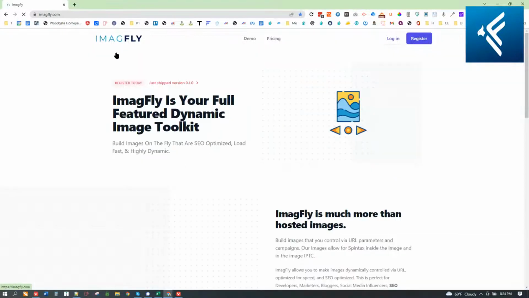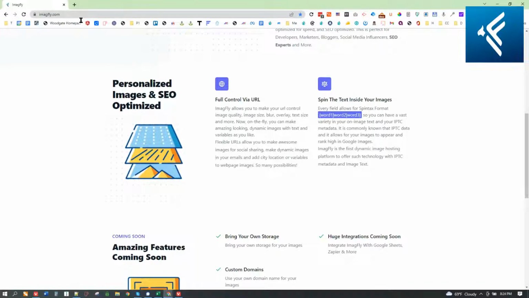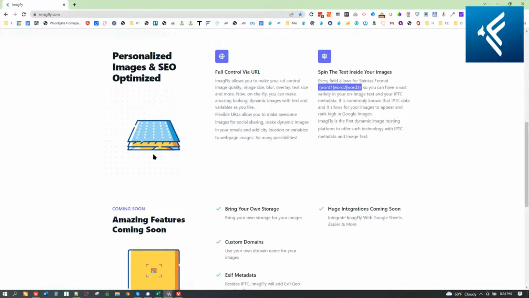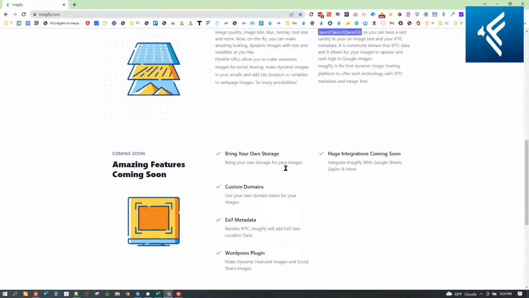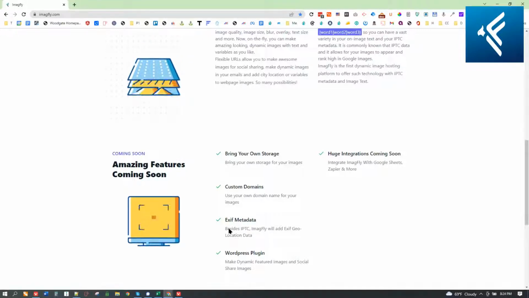Just go to imagefly.com. And you can see some of the basics that it has: spin text within the image. You can also use spin text in the URLs when you're using it in some of the mass page tools. You'll be able to bring your own storage soon and have your own custom domains. We're going to have EXIF data that will also be spit out.